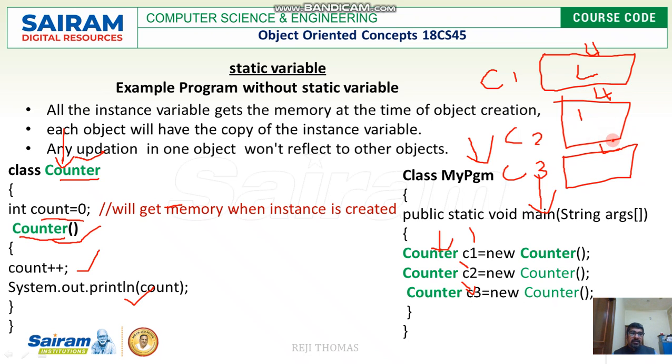And for my third object, also going to get 4 bytes, right? So we have created 3 objects, and whenever I create objects, the class variable gets initialized. So what is the value I should assign to all the variables, which is 0. So every object is going to have the same value, which is 0. And look at the next statement. I'm going to increment the count by 1.